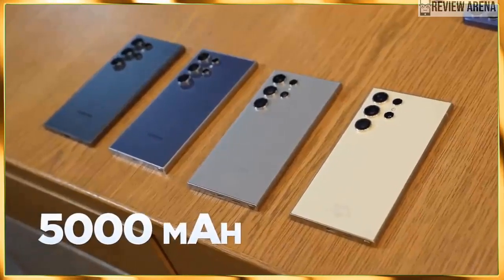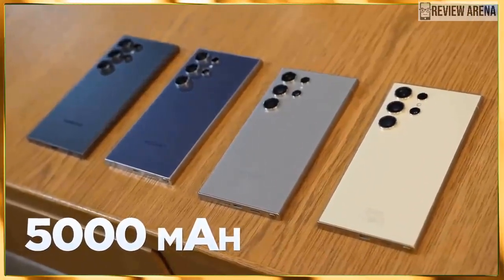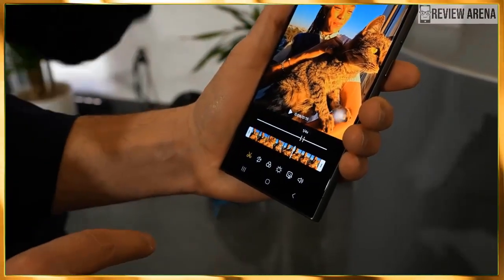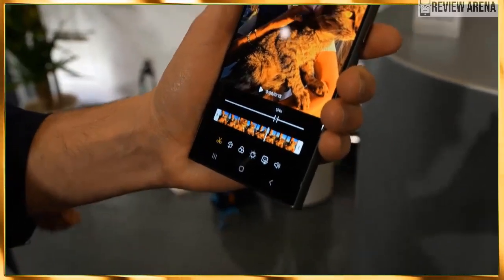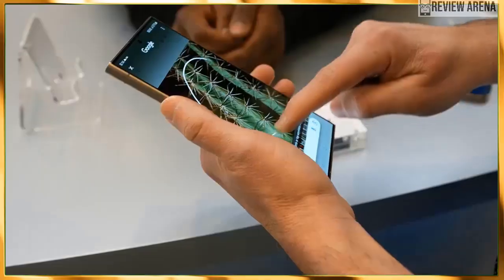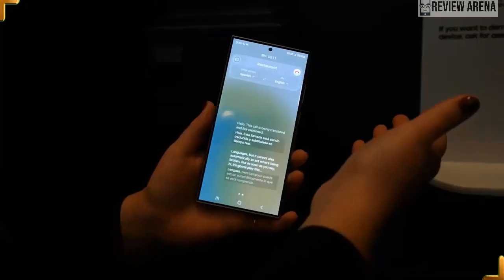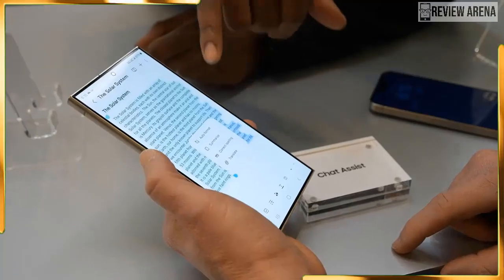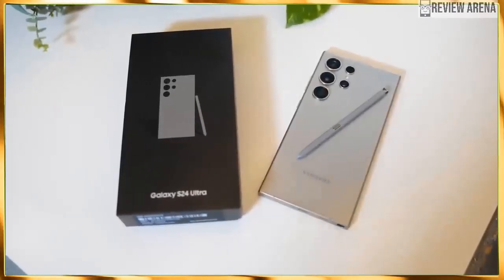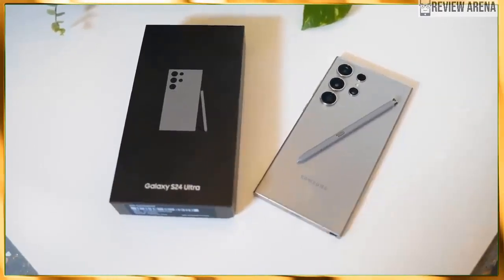Samsung has been reducing the edge curve over the past few years. If you are still a fan of it, it looks like the Galaxy S23 Ultra may be your last chance to get a phone with an edge screen for a while. The good news is that we do expect Samsung to keep selling the S23 Ultra as a reduced cost model over the next year. But back to present times, Samsung has launched a trio of Galaxy S24 devices, and of course you can expect a Galaxy S24 review and S24 Plus review as soon as we put them through the